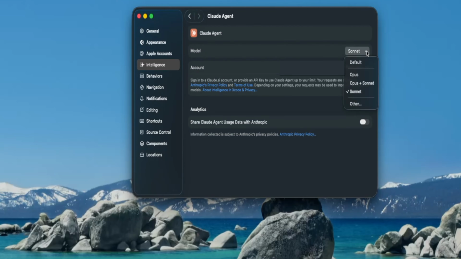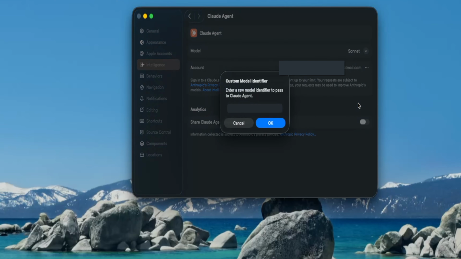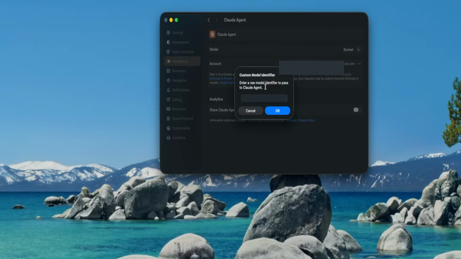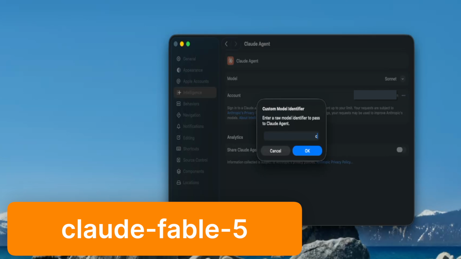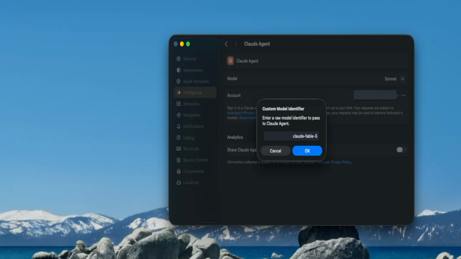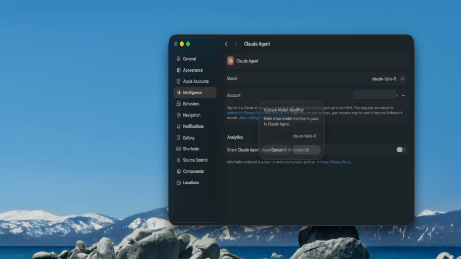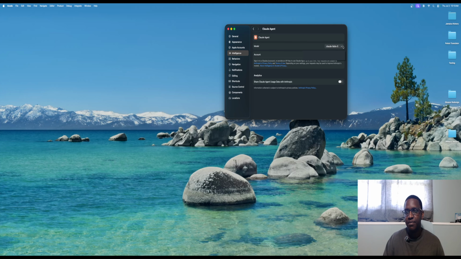Just hit the drop down menu here, and there will be another button that says other. Hit other, and it's going to say enter a raw model identifier to pass the Claude agent. So just tell it the name of the Claude model that you want to use. What we want to use is the Fable 5 model, so we're just going to type in Claude-Fable-5, and this is the name of the actual model. So we'll just enter. Now what we've changed is that we're going to